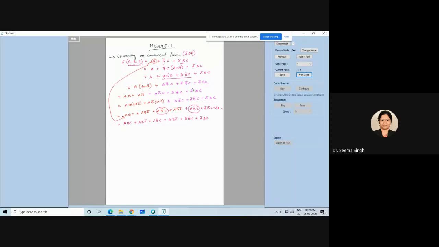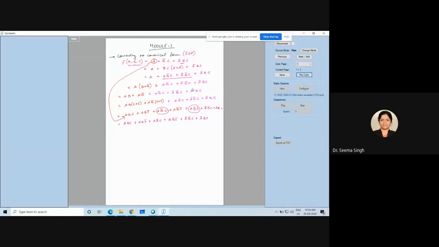Why are we expanding? Because when we automate these things, a computer system is not intelligent enough like a human being to work with a simplified term. So a computer system requires the complete thing, otherwise errors will come. So when you bring things in canonical form, it is easy for an automated computer system to work on it. I am bringing it into its maximum form, and after that it is possible for us to generate programs to take care of these things.